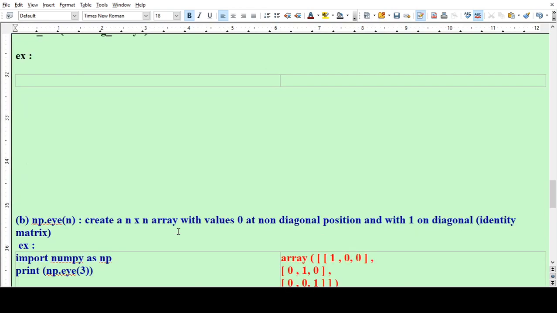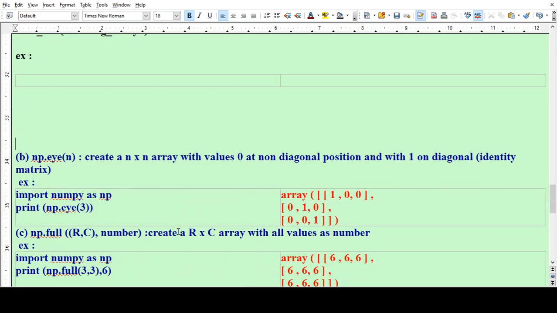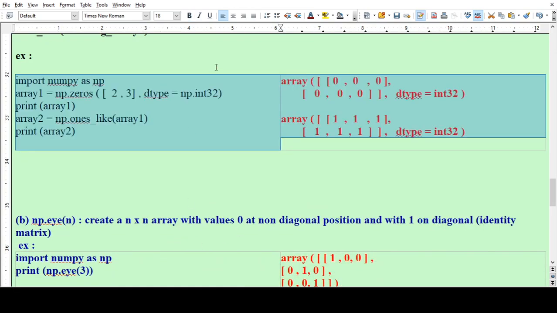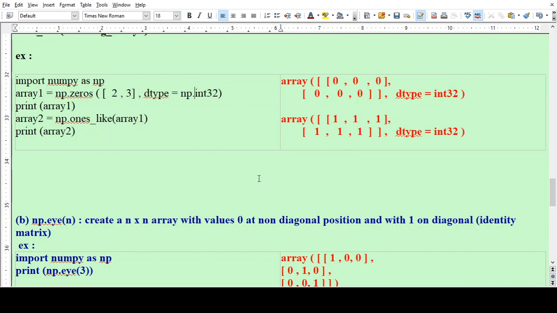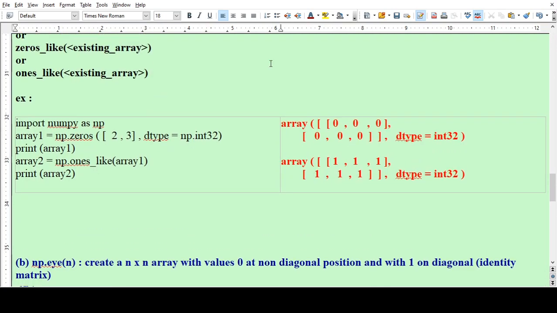See the example. Import numpy as np. array1 is equal to np.zeros(2, 3), dtype np.int.